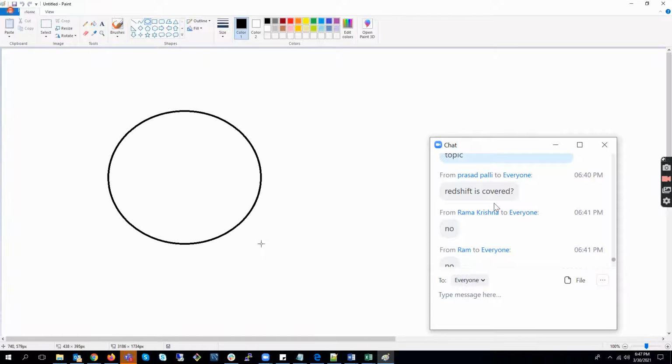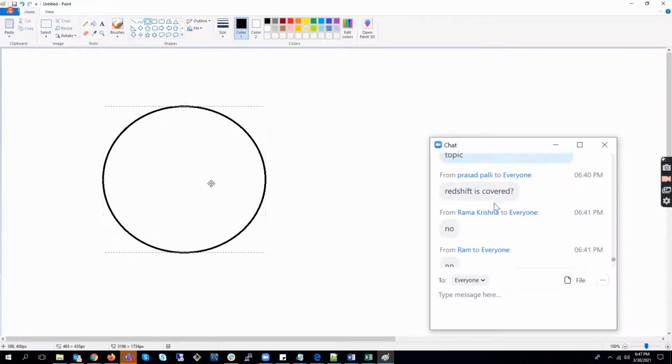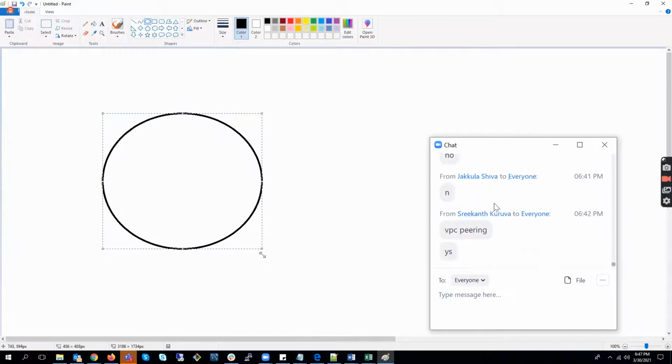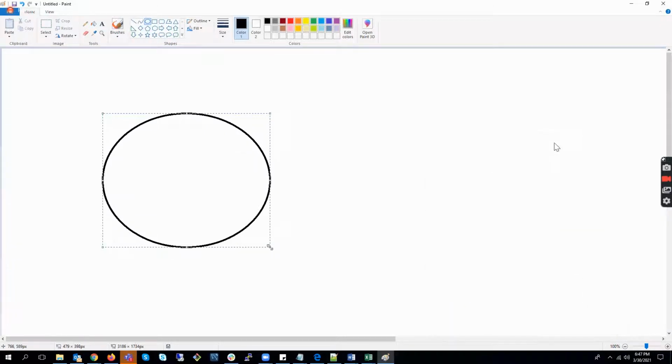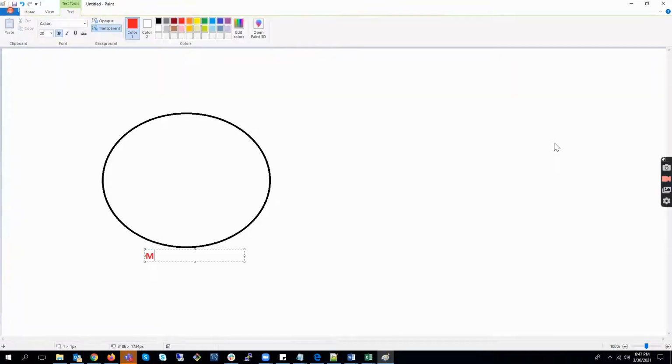Let's take a VPC here. Okay, this is one VPC, right? So this is the Mumbai VPC. Can you tell me the CIDR? Mumbai CIDR, guys? 192.168.0.0/16. This is the Mumbai CIDR.